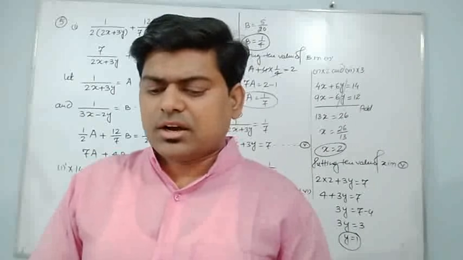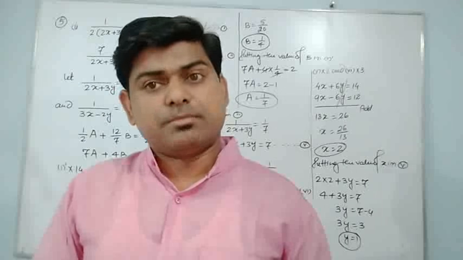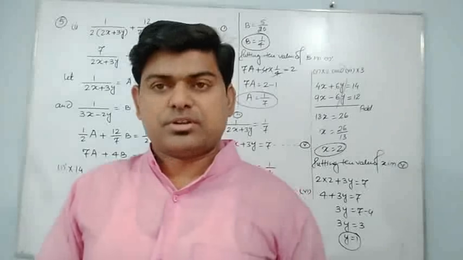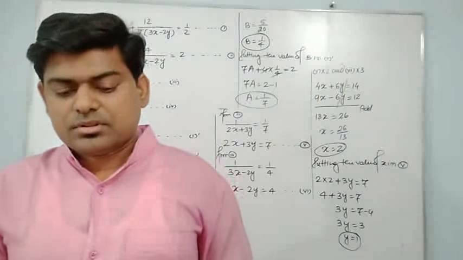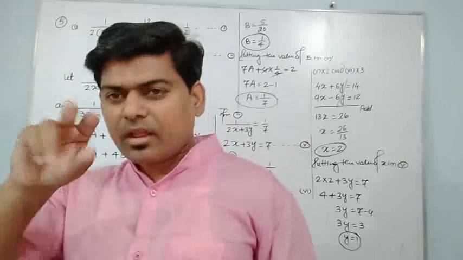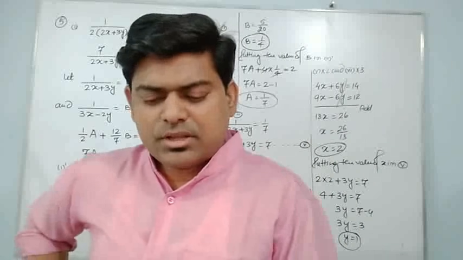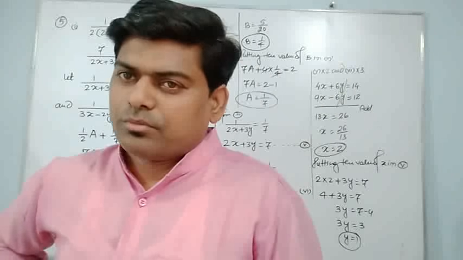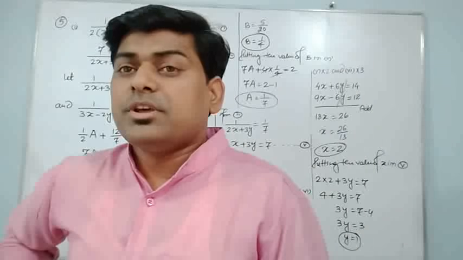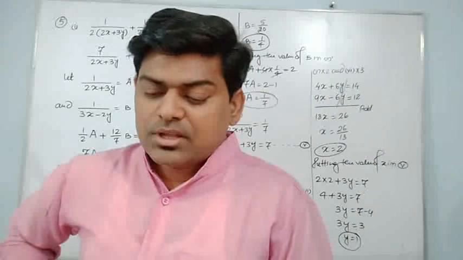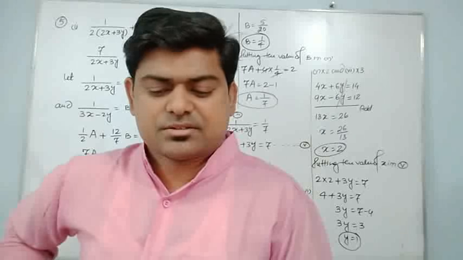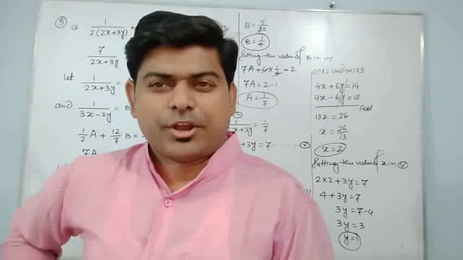What is the second one? The second condition says, if the larger is doubled and the smaller is tripled, the difference is 36. It means two numbers are there, and their summation is 43. One equation we can form from here. But the second condition has also been given: the larger number is doubled, meaning multiplied by 2, and the smaller is tripled, meaning multiplied by 3, and then their difference is 36. Find the two numbers.